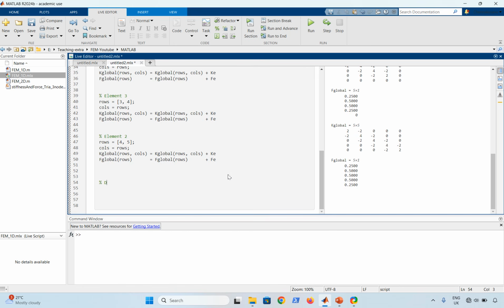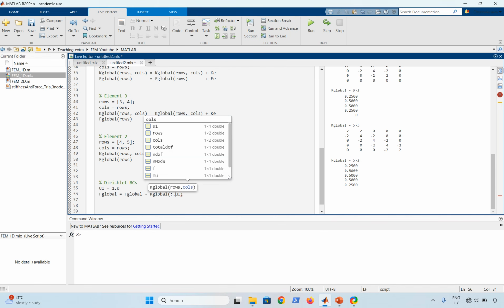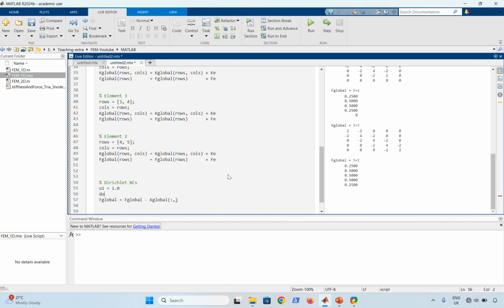Next, we apply Dirichlet boundary conditions. We know that U1 equals 1. So what we need to do is subtract from the global stiffness matrix the column corresponding to the DOF. So we use the variable DOF, corresponding to this, the first column multiplied by u1,